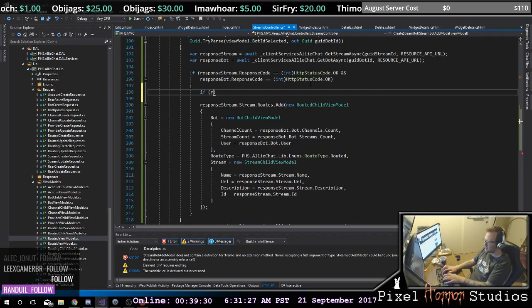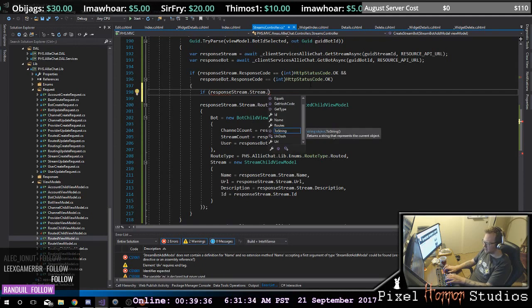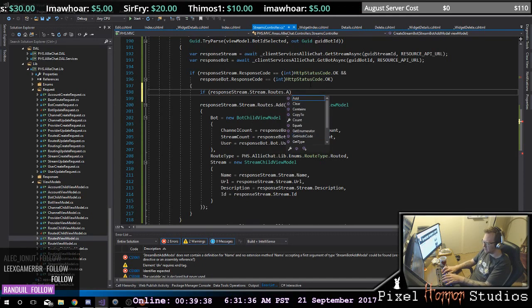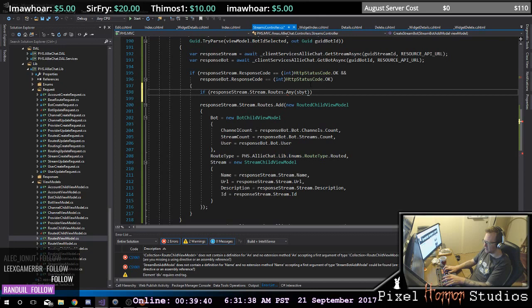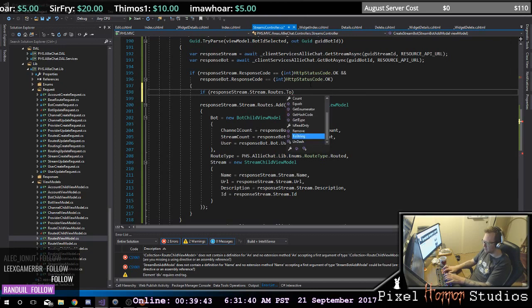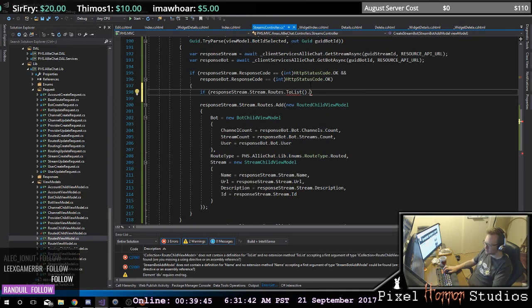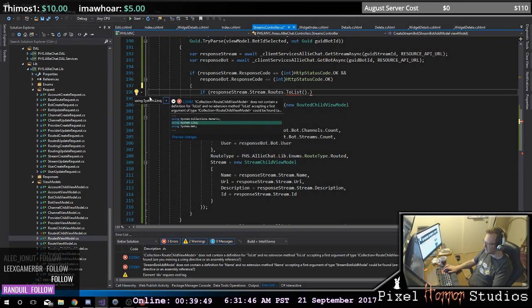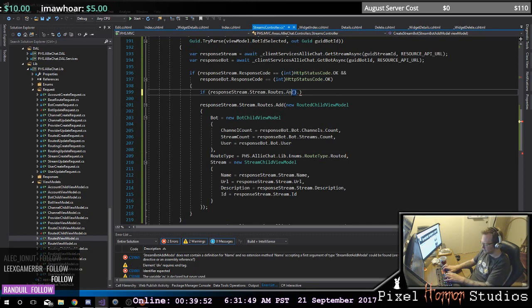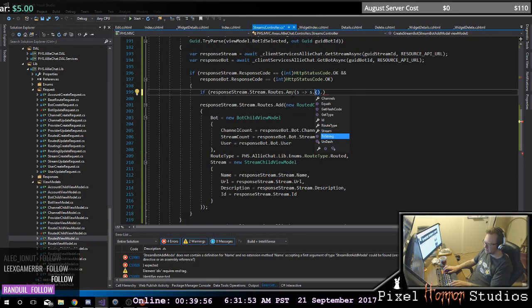So here, if my response stream dot stream dot routes dot any, so if there's any route in there, where am I? We need to add in system link here. And we want to say that if there is any